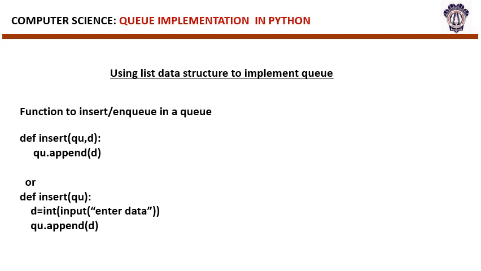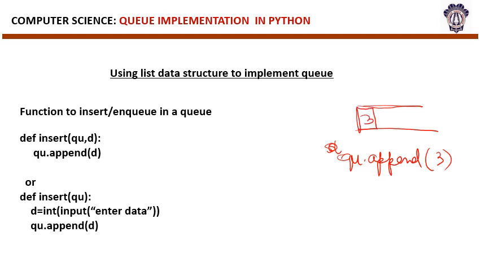Now we will learn how to insert an element in a queue. We'll use the function append. This function append simply adds an element to the list. Now we write, we have taken the queue as queue. Queue dot append 3. What will this statement do? Now initially the list is empty. Now it will add an element 3.